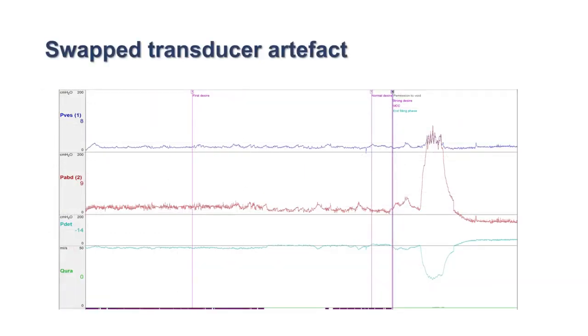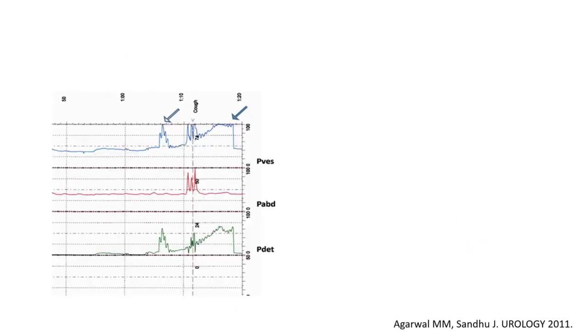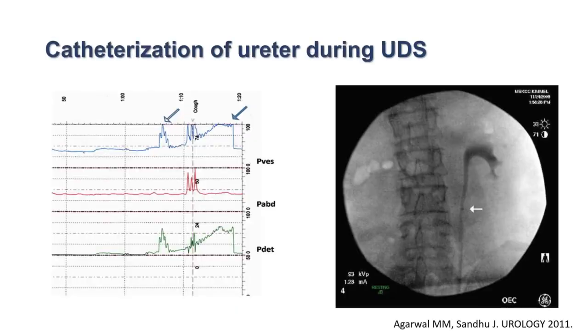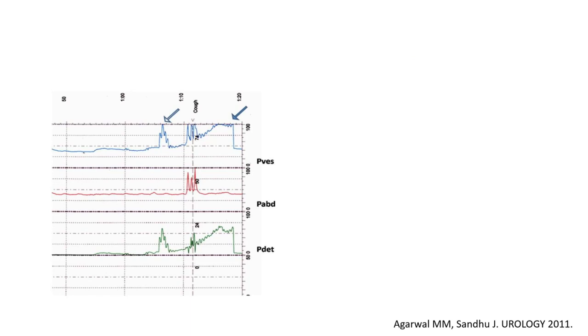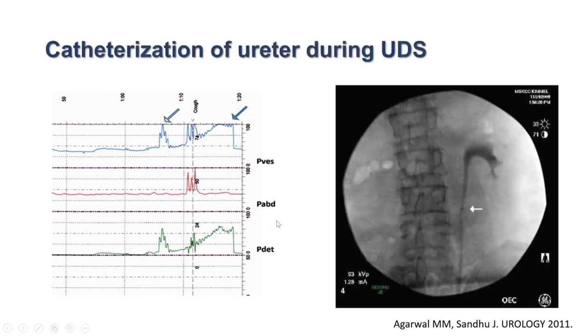Now, this artifact is very funny: the person performing actually put the wrong tubing into the wrong transducer. And this is a very interesting situation we published about 13 years back. As soon as the flow was initiated, the patient developed flank pain and the pressure rose. So we did an